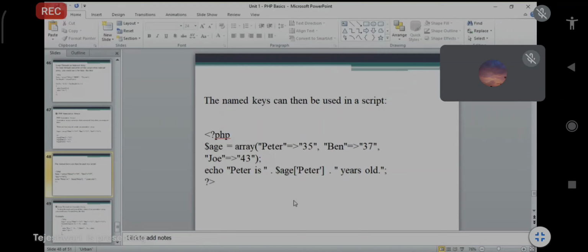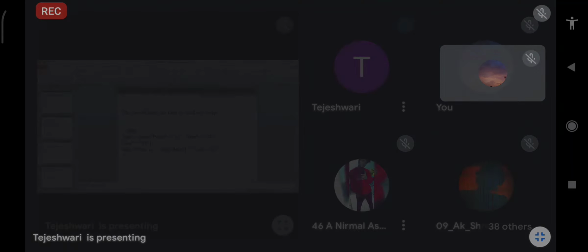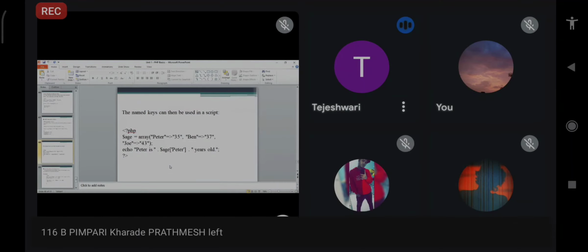echo means print. What do we have to print? Peter is dollar age Peter dot years old. What will be the output? Peter is 35, because the value of Peter is 35. If you just write dollar age Peter, you directly get the Peter value.